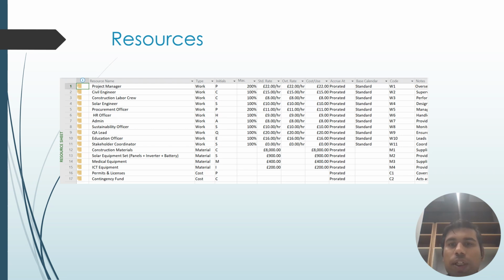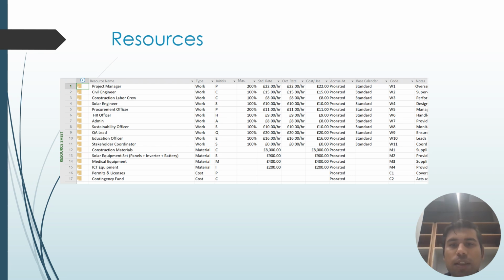It includes the key roles such as the project manager, engineers, labor crews, procurement, human resource, HR department, admin, quality assurance, and sustainability teams, each with the assigned hourly rates. The material resources cover the construction, solar equipment, medical equipment and ICT equipment, while the permits and licenses and contingency fund are included as cost resources, as